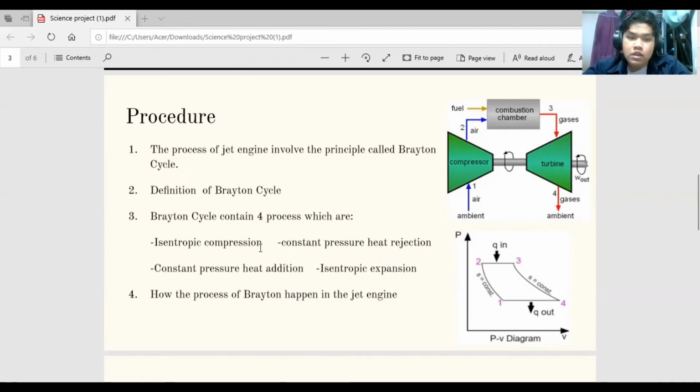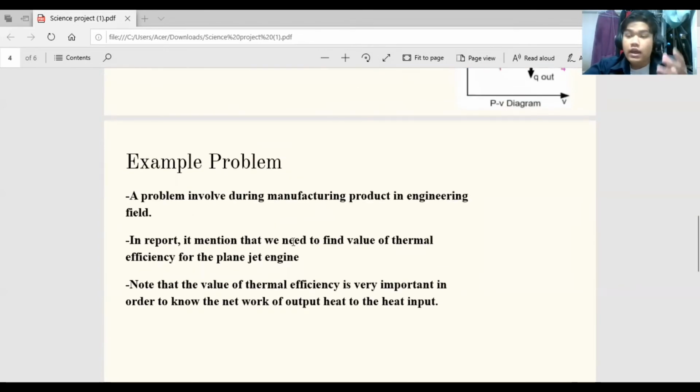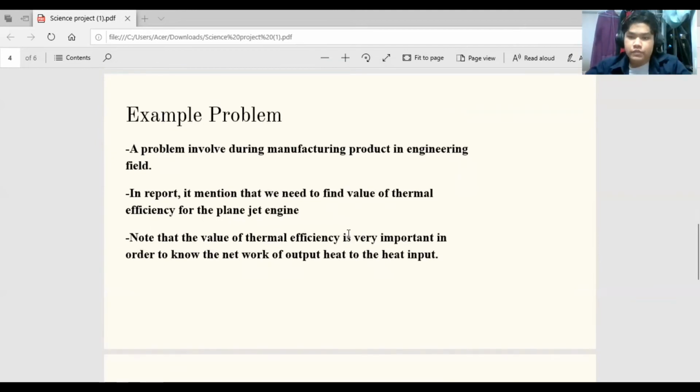engine. Okay, let's talk about the example problem in this report. As we all know, every type of manufacturing product will have its own fixed problem that needs to be solved before the final product happens. Right now, we will take the jet engine problem as an example. In this report, we need to find the value of thermal efficiency for the plane